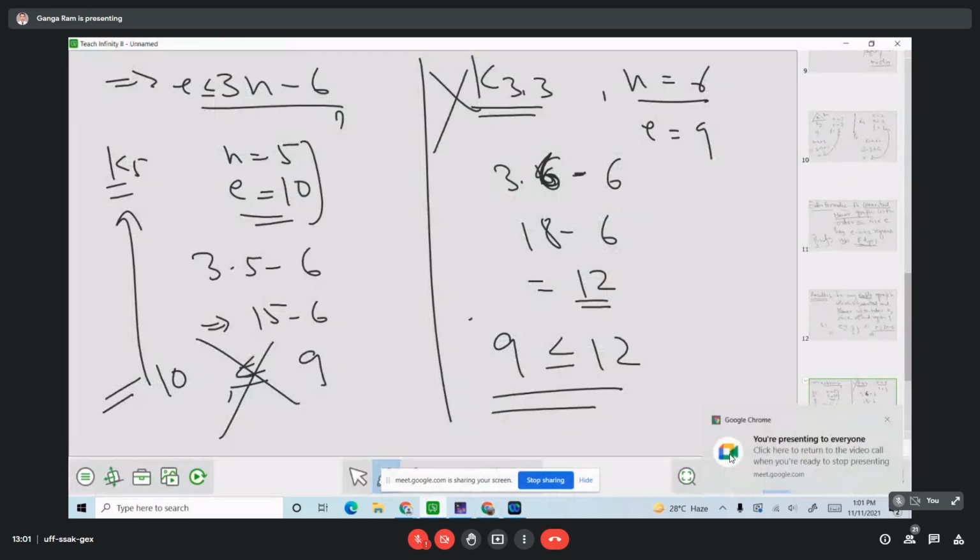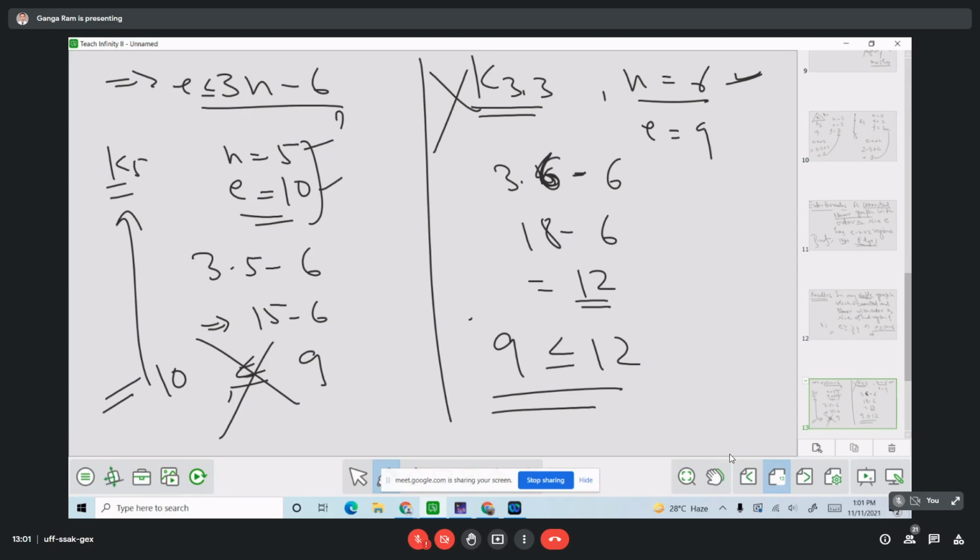Now, the question is: if a graph has large order and size, how do we detect the planarity of a graph? Suppose I have order 5 and size 10, a complete graph, or graphs with order less than these, then we can easily check whether the graph is planar or not.